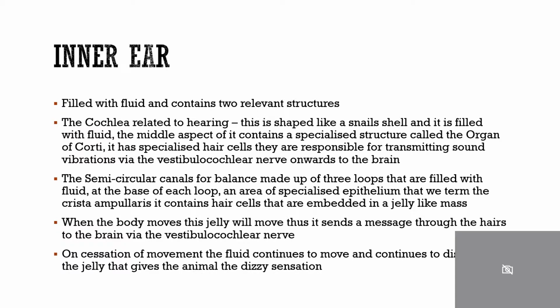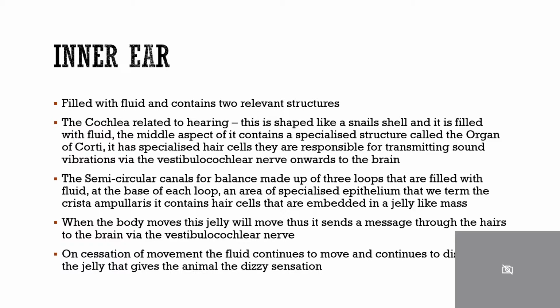The inner ear is filled with fluid and contains two relevant structures. In relation to hearing, we have the cochlea, and this is shaped like a snail shell. It's filled with fluids, and the middle aspect of it contains a specialised structure called the organ of Corti. It has specialised hair cells, and they are responsible for transmitting sound vibrations via the vestibulocochlear nerve onwards to the